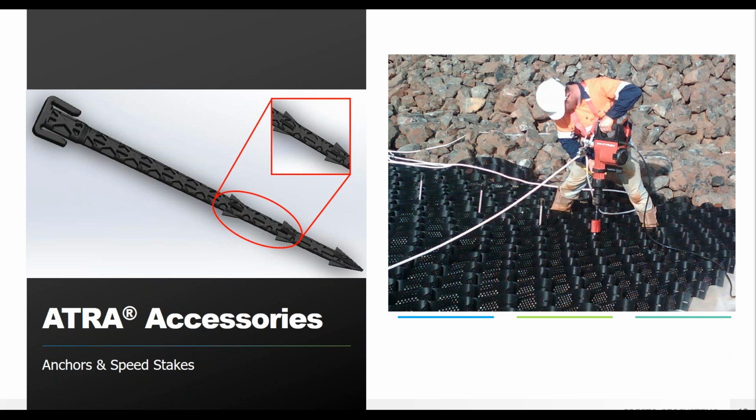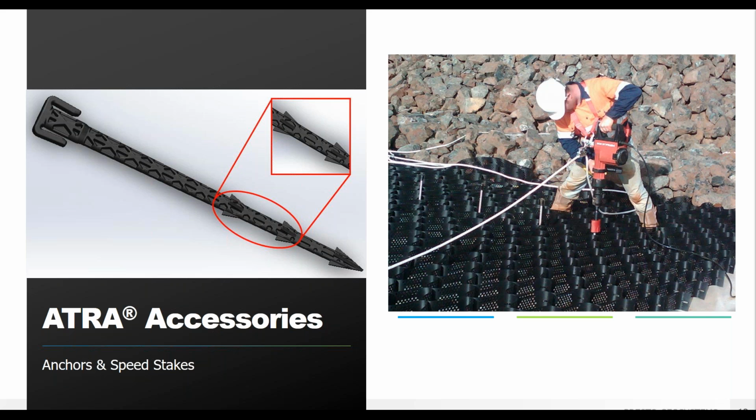So next is to look at some anchorage options. So if the GeoWeb panels are laid basically flat on a flat ground, anchorage is not really going to be needed because it's just going to hold itself in place with gravity. However, if you start putting it on a slope and that angle starts increasing, the driving force of that infill material exceeds the frictional resisting force, and you're going to have the potential for sliding. So we want to do some sort of anchorage system to prevent that.